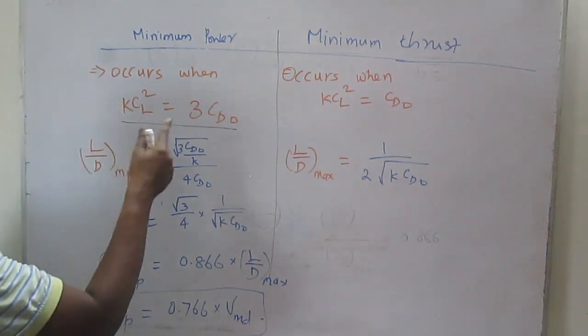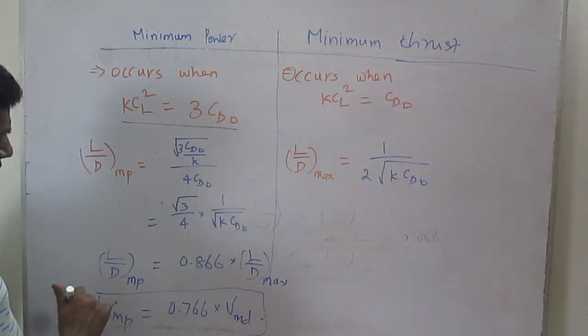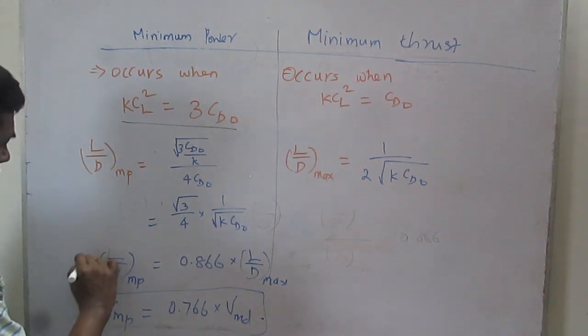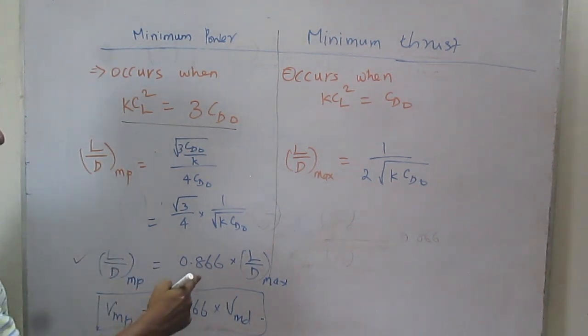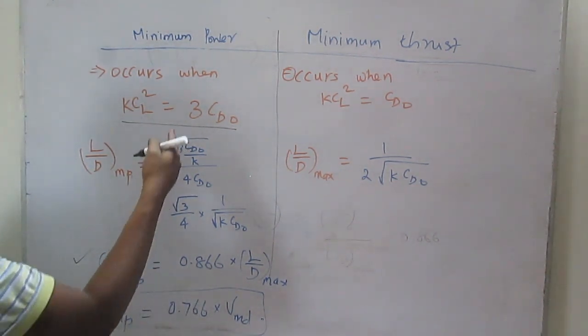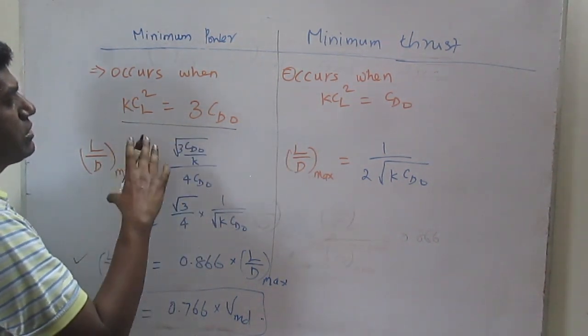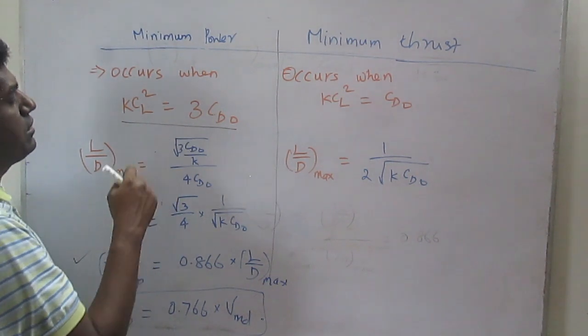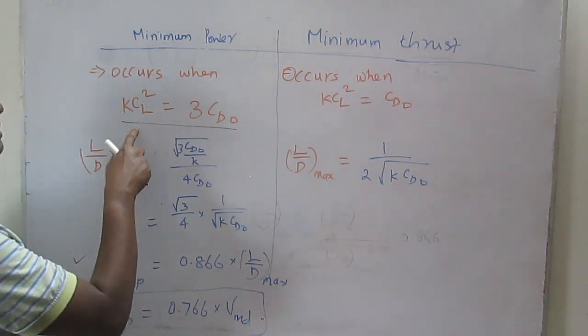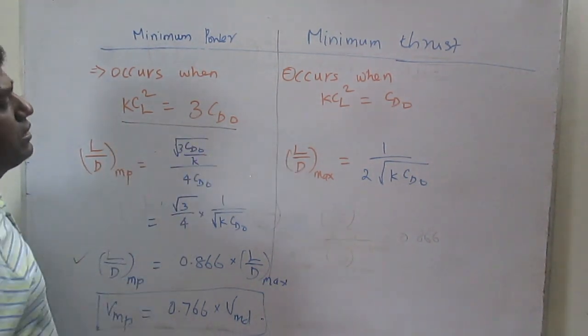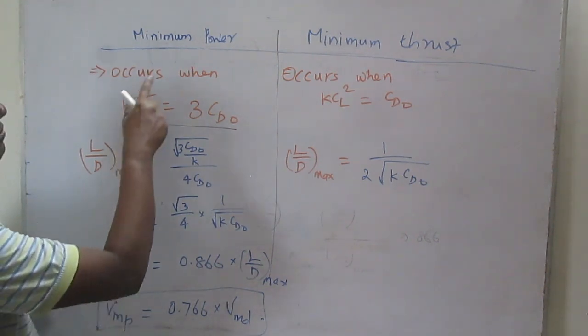So this condition gives these two conclusions, 0.866 and 0.766, and not only this, from this only we are getting the drag coefficient also. From this we are getting the CL and the CD also, which we obtain for minimum power as well as